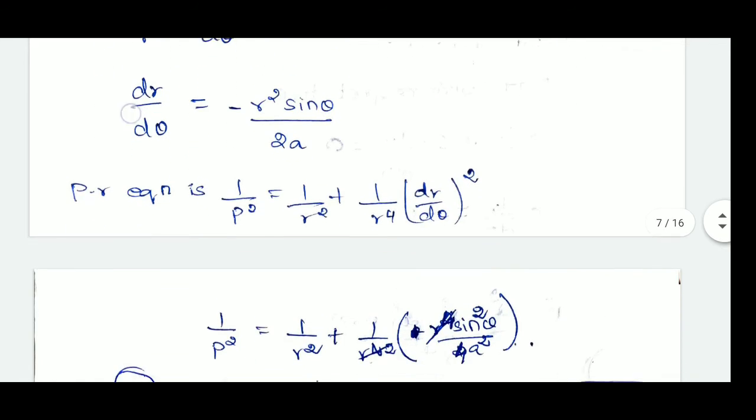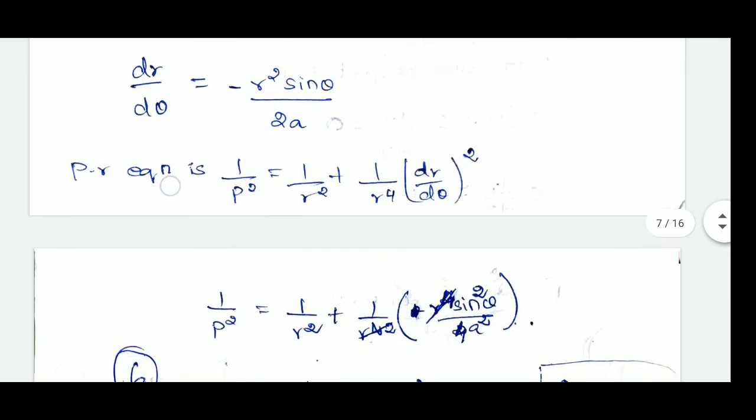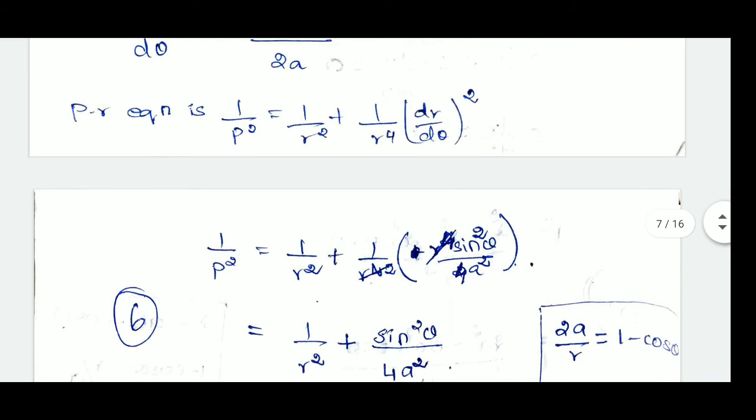The pedal equation is 1/p² = 1/r² + (1/r⁴)(dr/dθ)². So 1/p² = 1/r² + 1/r⁴...